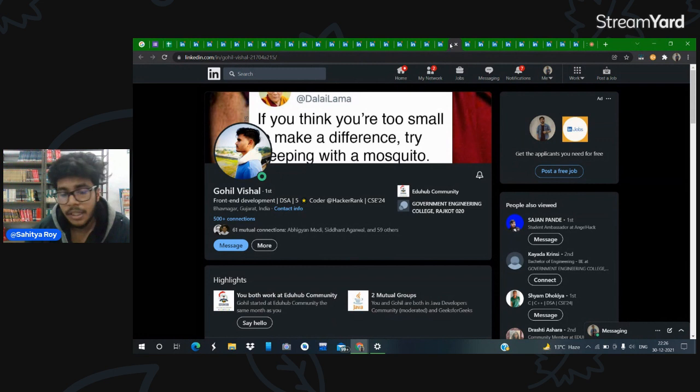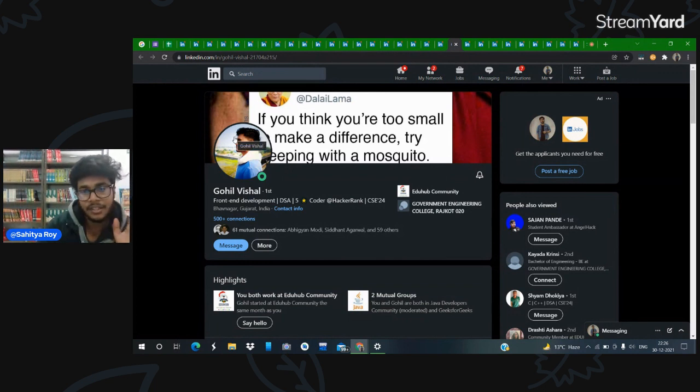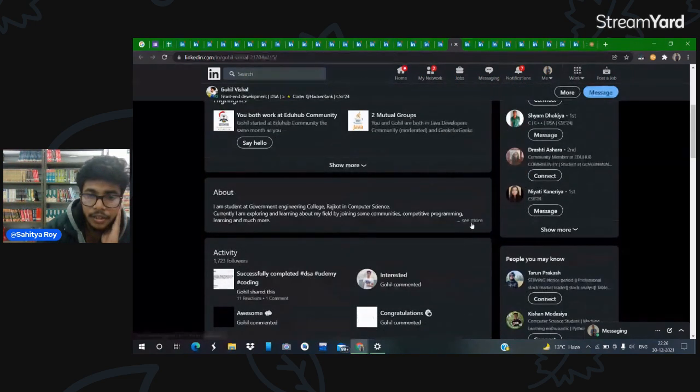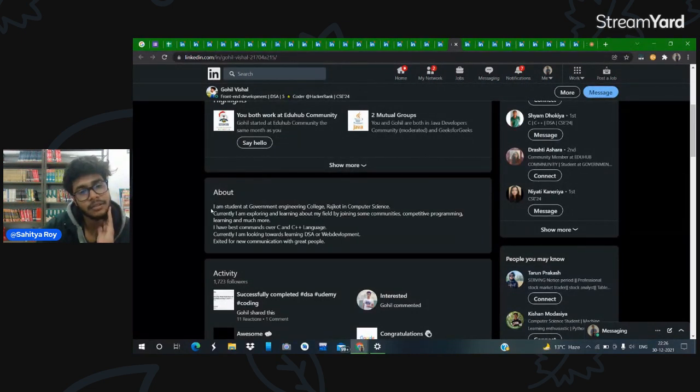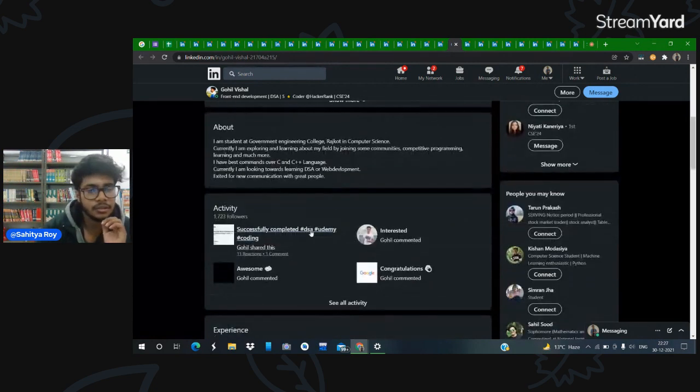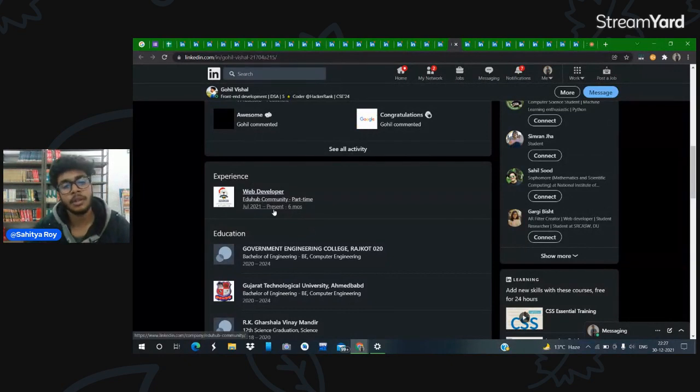He's a front-end developer, TSA, five-star coder at HackerRank. So it's a cool profile, and your banner is good, but you have to change it, and you have to change your profile picture because it's very funky, right? It's a professional platform, so you have to maintain the rules and regulations. So I suggest changing your banner as well as your profile picture, right? In your about section you write good things, that you are a C++ and C developer, etc. This is good. And as a web developer, okay, so you are a web developer in your community, so I suggest mentioning